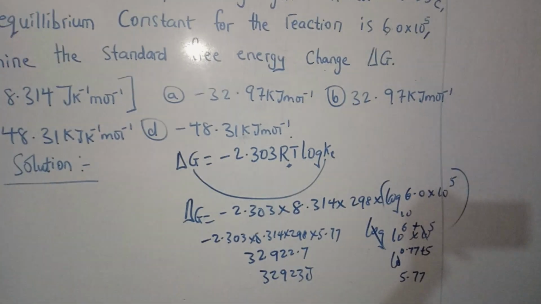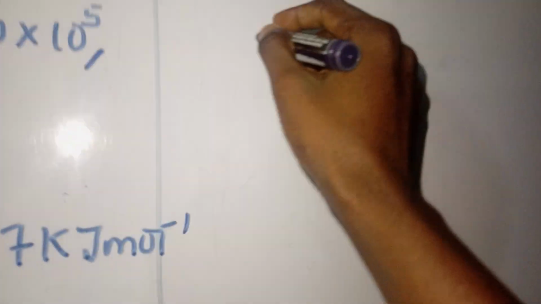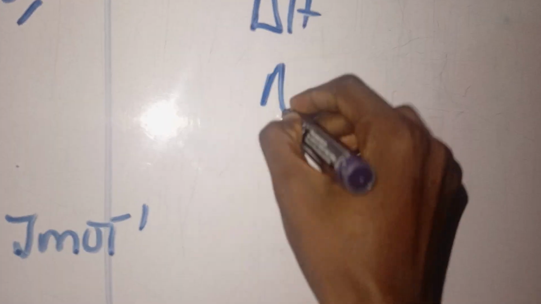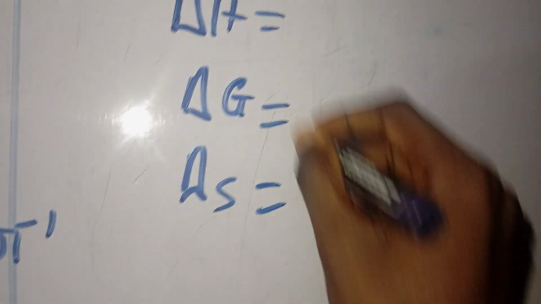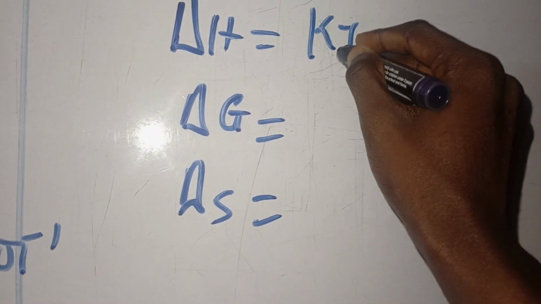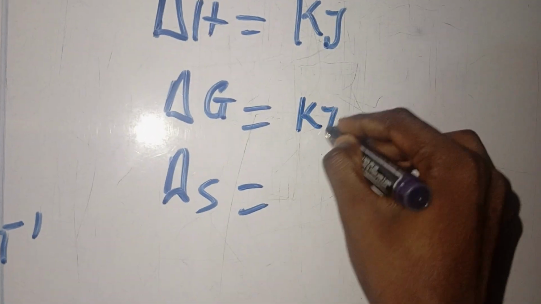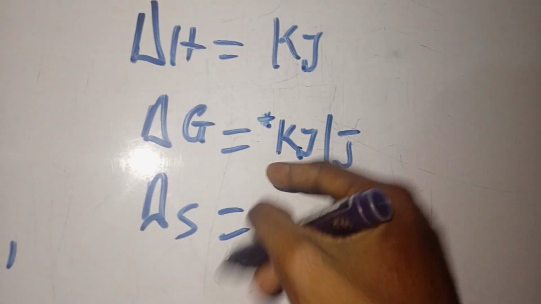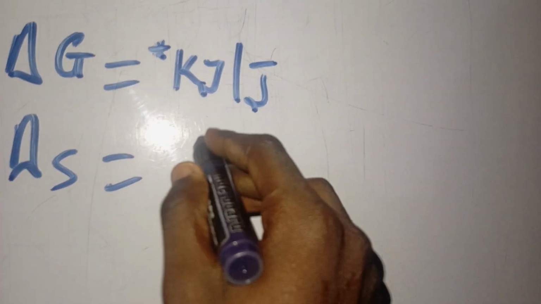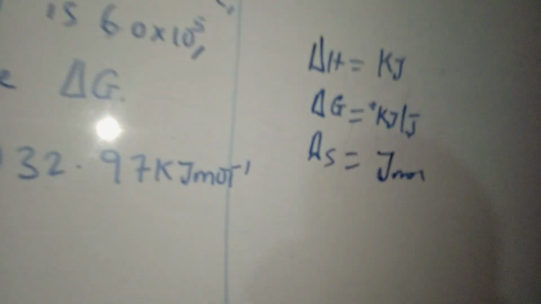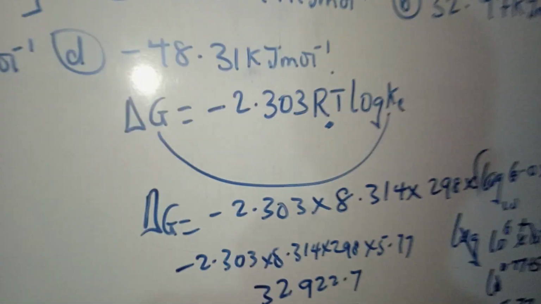But if you look at the options, everything is in kilojoule per mole, which is actually true. I've explained something like that before. Delta H, delta G, delta S: every system at one point or the other will exhibit these. Delta H must be in kilojoule. Delta G can be in kilojoule or joule, but preferably kilojoule most times. But your S is entropy, the degree of randomness or disorderliness in the system. This one must be in joule per mole per Kelvin. So this one we can therefore convert.